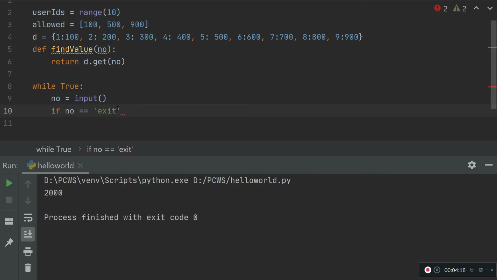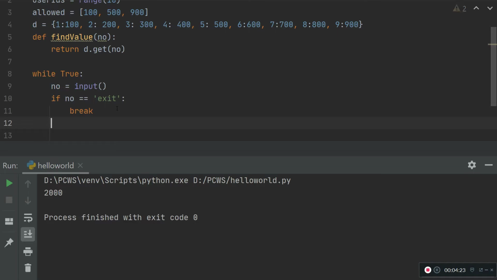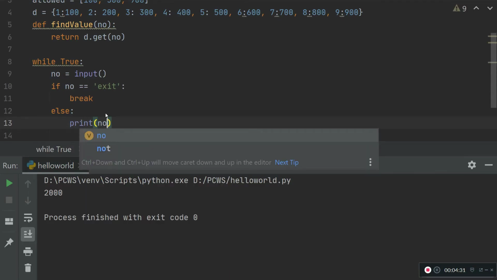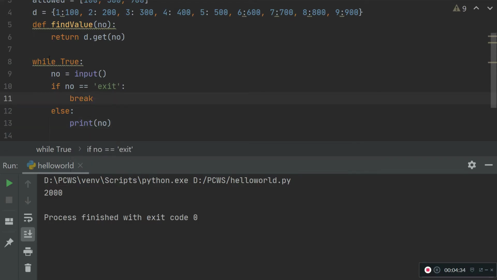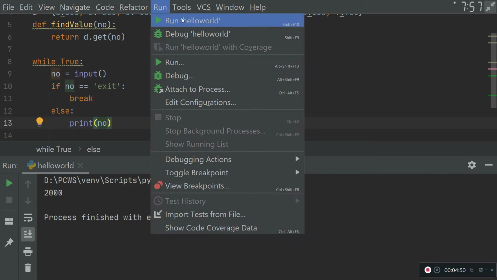If the user prints exit, I need to exit, otherwise I need to print this value. This is my logic. While true, I'm taking as many inputs as the user gives, and if the user prints exit, I need to exit, otherwise I need to print it and go on. This is how I am writing. Let me run this one and we will modify it using the walrus operator.